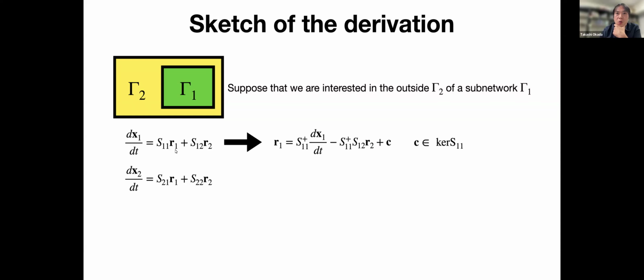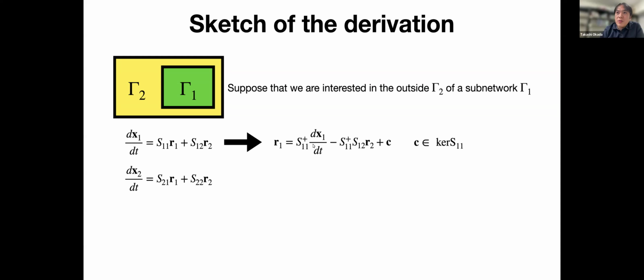So specifically here I expressed the reaction rate in R1 in terms of reaction rates in gamma 2, like this. And of course there are several other terms. So from left to right, I just solved this equation with respect to R1. Okay,